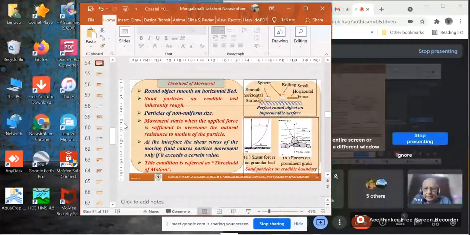And how to calculate the bed shear? Actually, that is more important. So first, let us see. Let us consider rest will cause the bed particle to roll. So that is how the material will be starting moving. This is for an ideal situation where the surface is smooth and the particle is round.